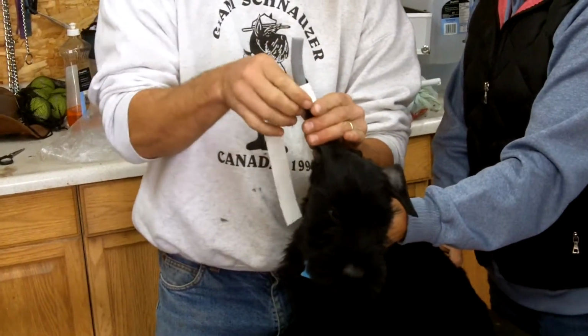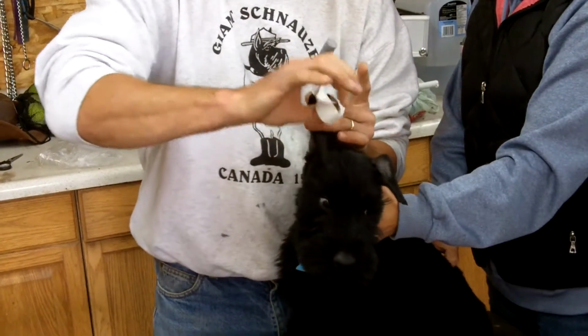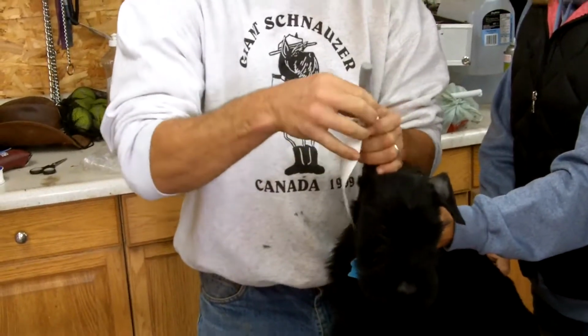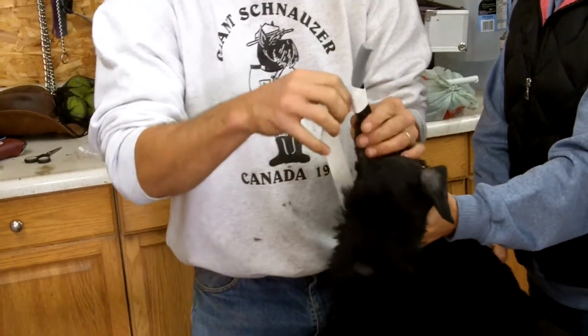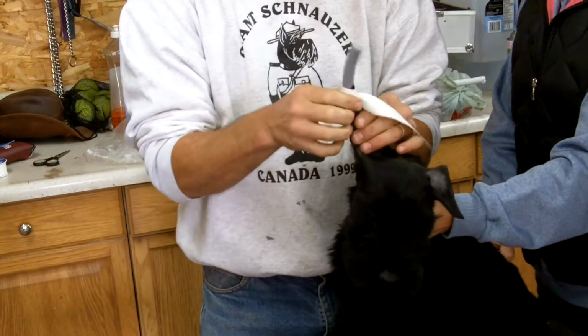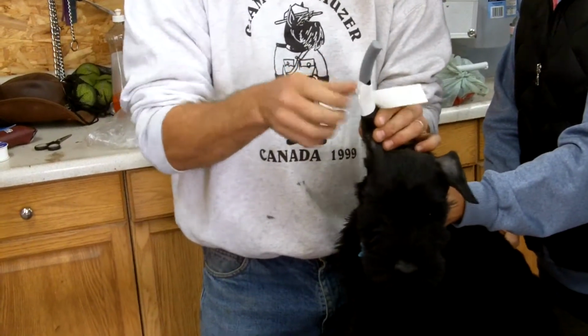You basically walk the tape around the ear. You don't pull it around the ear. You don't want to crush it. If you put too much tension on, you cut the circulation off in the ear. So you just walk it around, and then I'll squish up the excess on the edge there, and I walk it around, and as I walk the tape around the ear,